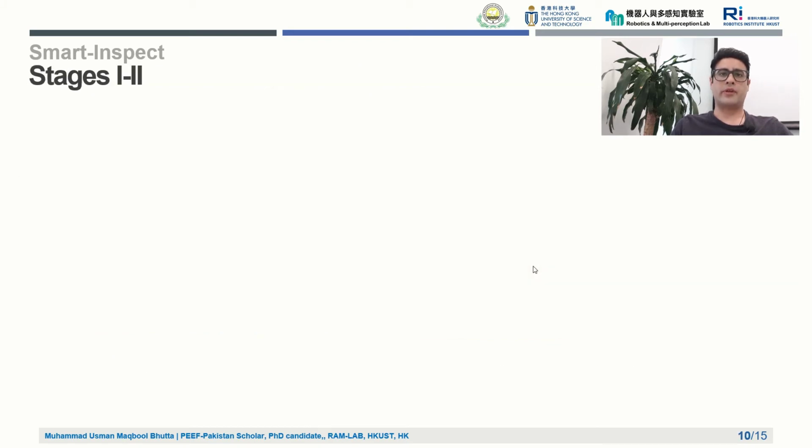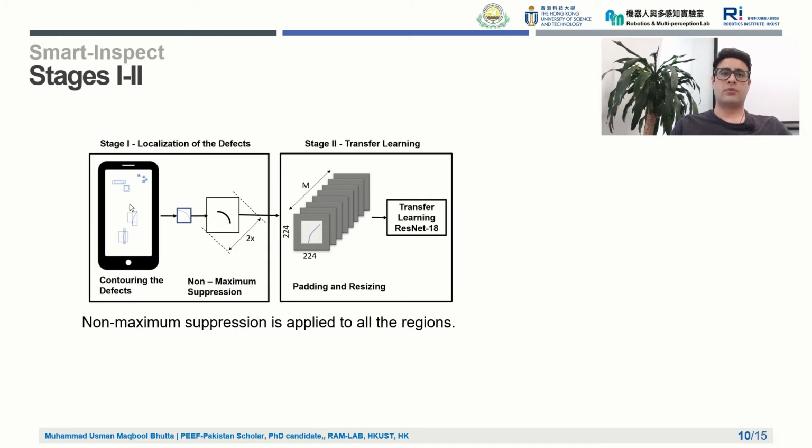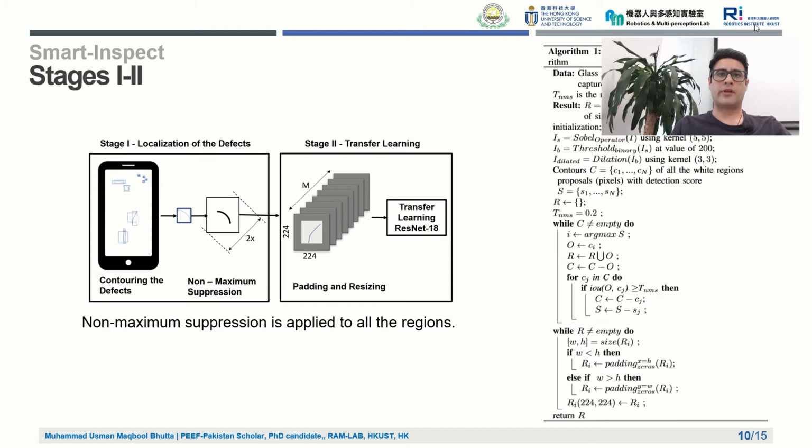So how do we mark the regions? Our system has 4 stages. In stage 1, all the suspicious white continuous regions on each image are cropped along their bounding boxes, which are detected by a contour finding algorithm. So here's the algorithm. It uses non-maximum suppression after applying some cropping and marking some regions, and afterwards we do resizing